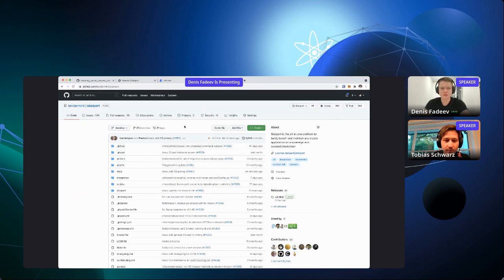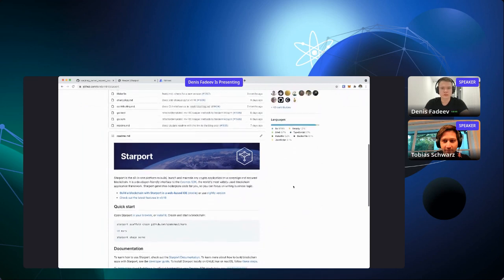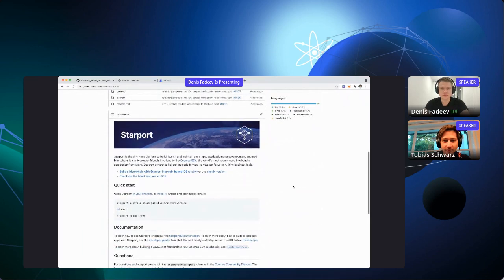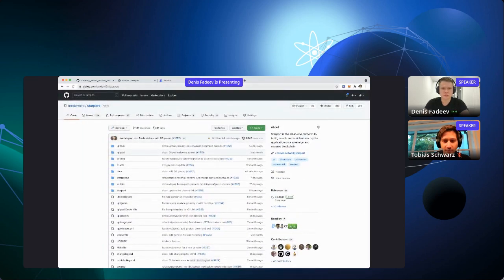Basically, Starport is right now a CLI tool that allows you to create a new Cosmos SDK blockchain, and it allows you to add features to it, start a node in development. It has a built-in relayer. It can generate code. It has an ability to scaffold Vue application, and yeah, it's very feature packed, and it's definitely the best way to start building IBC-enabled blockchains. And you can visit it at github.com/tendermint/starport,